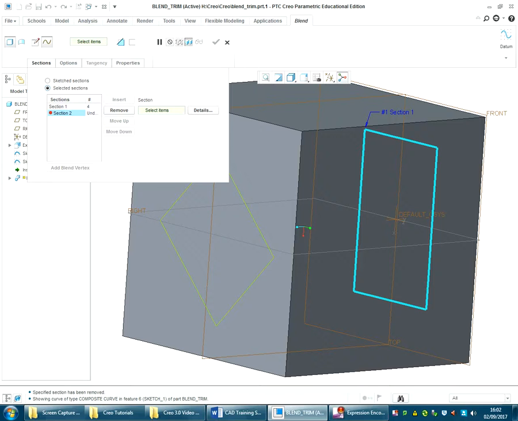I'm then going to pick up my second sketch and select insert. So that's placed it now in the list up here. So we've got both of those sketches in there. So it's going to blend from this rectangle over to this rectangle. I'm going to select remove,